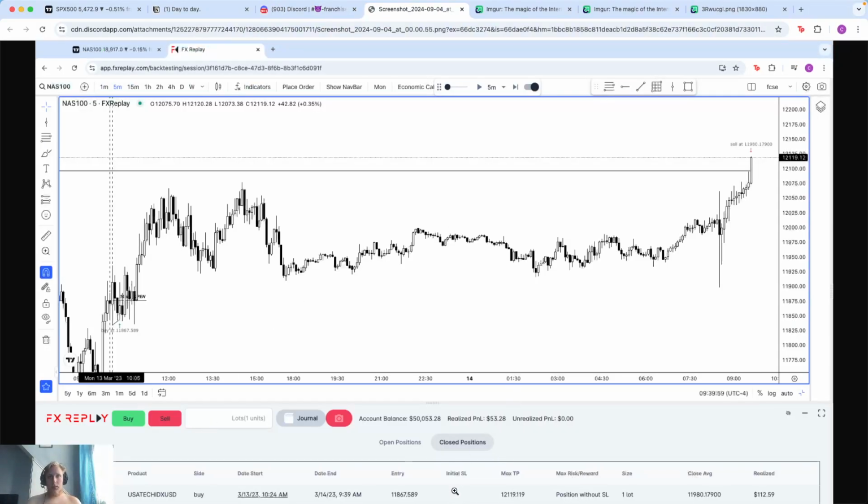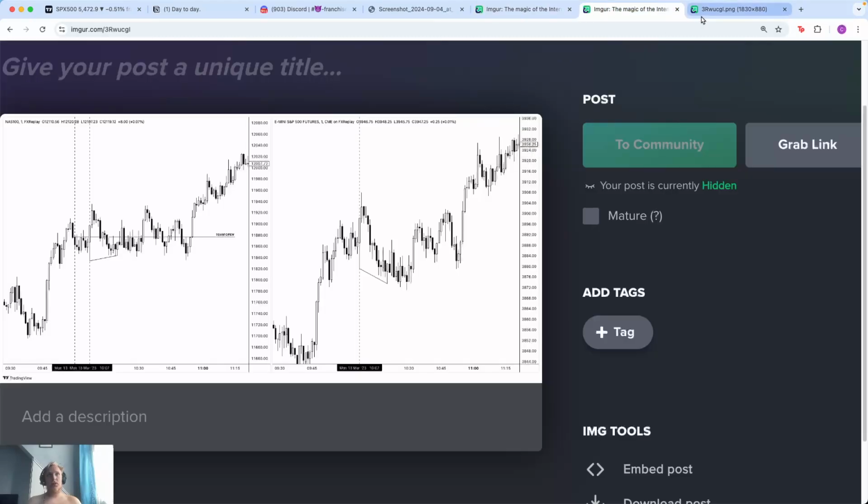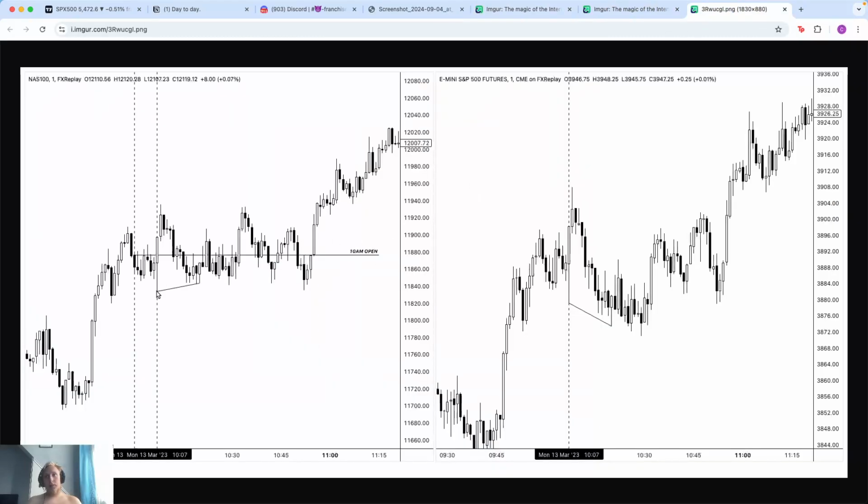So stop loss was at this low. I entered on a straight buy, hence why it's not showing, and it's also not showing my RR, but this low was not touched the entire time that we came back and retraced. Going back to test it, Monday the 13th of March 2023. This low at 10:07 was not touched. Why? Because at 10:07,